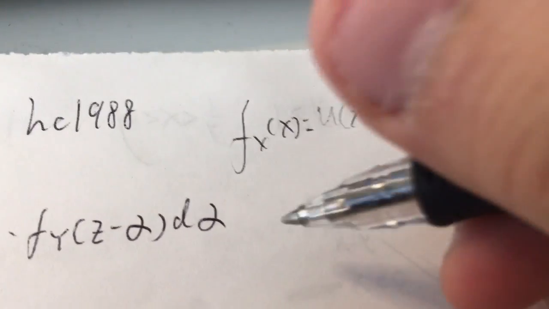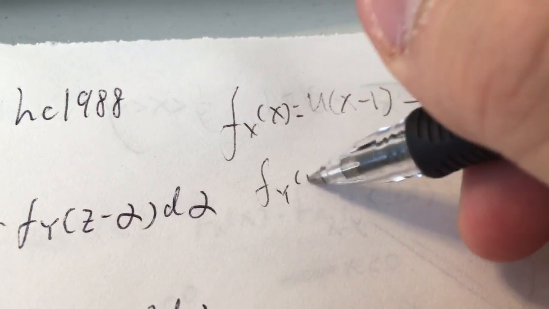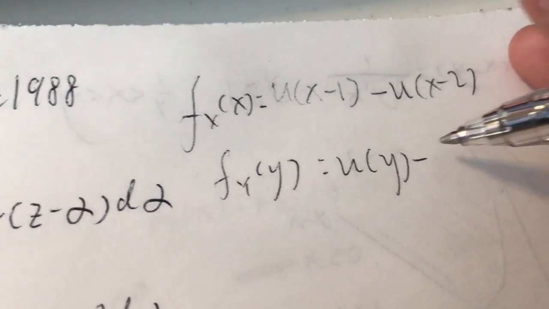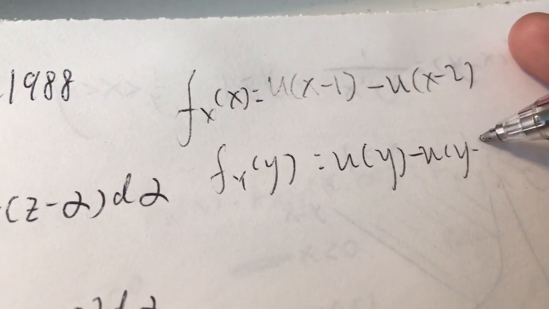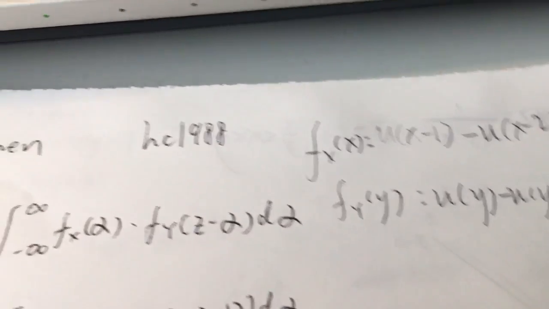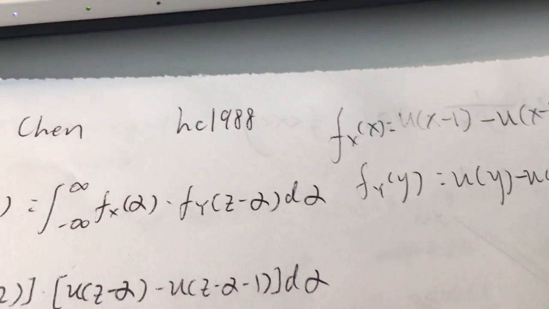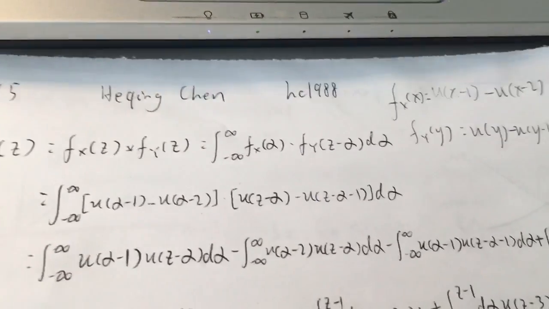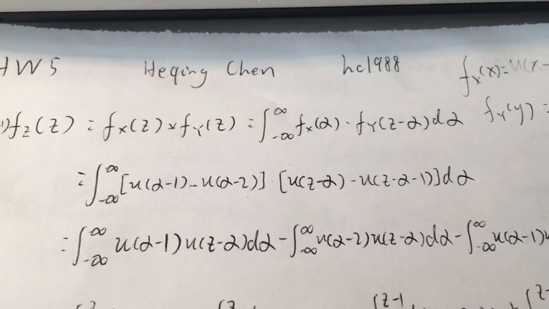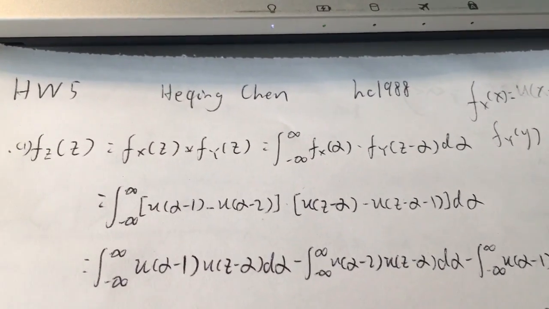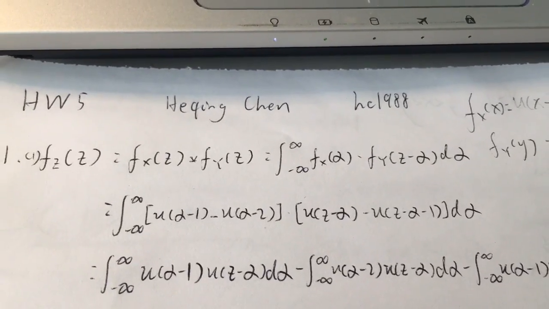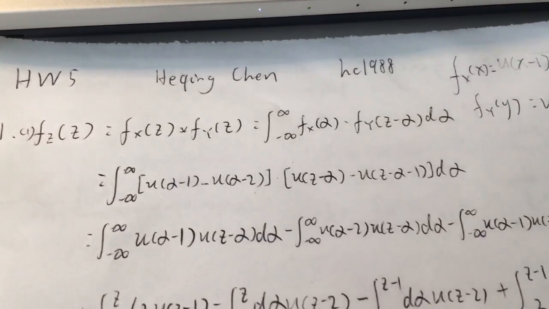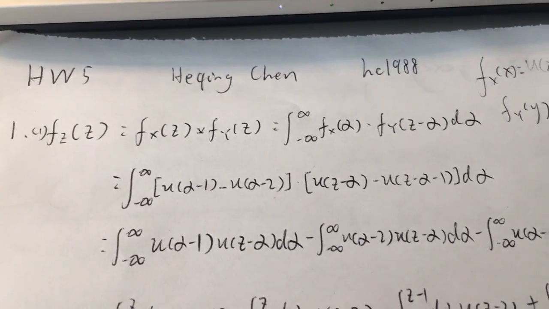And also the density function of y equals the step function of y minus the step function of y minus 1. Okay, so now we have the third random variable, which is related to x and y: Z equals x plus y. So now in this problem, we need to find the density function of z, and it lets us use